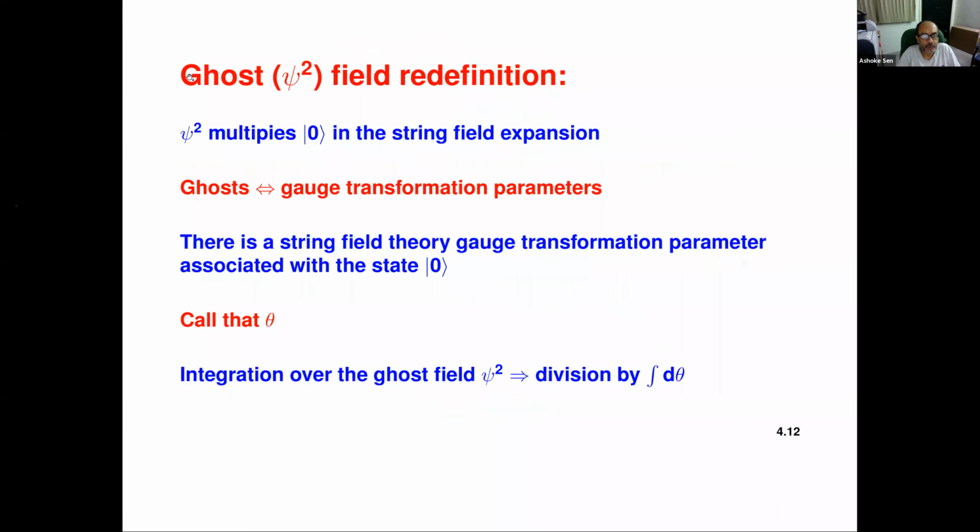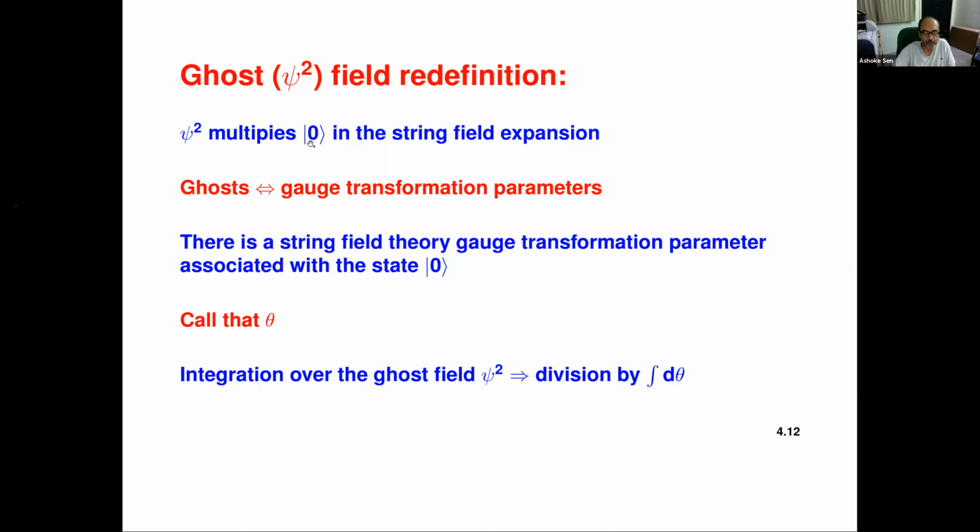So we turn now to ghost field redefinition. Here it's psi 2, not psi square. Remember that we had chosen this particular gauge fixing in which you keep both the fields and throw away the anti-fields. So psi 1 and psi 2 are the fields. Psi 1 corresponds to C1 on the vacuum, which we discussed earlier; you can take it into account because it has a finite propagator. Psi 2, on the other hand, is the coefficient of the vacuum. This decouples from the action, by ghost number conservation.